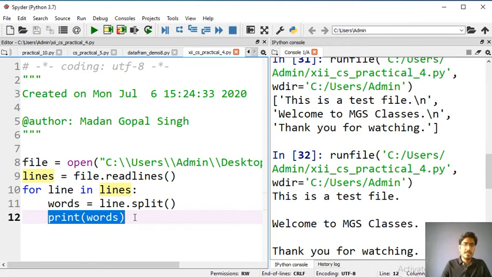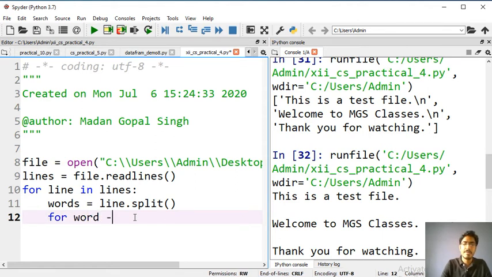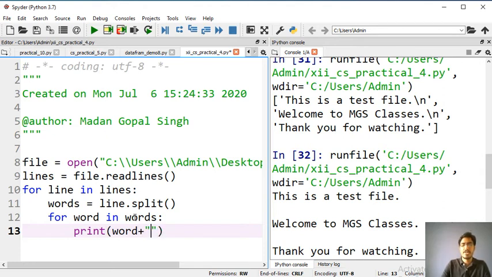Now we need to print a hash in front of each word. For that we need to iterate this list also, as we have done for the lines case, over words, and then we will print word, and then I am passing plus double quote hash.